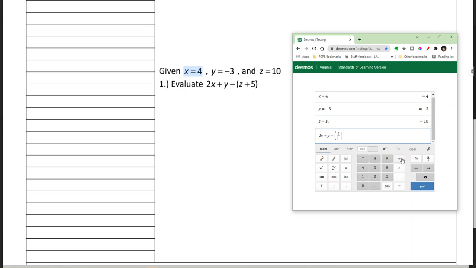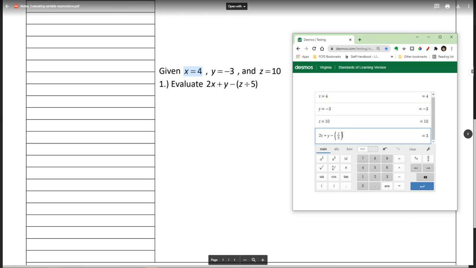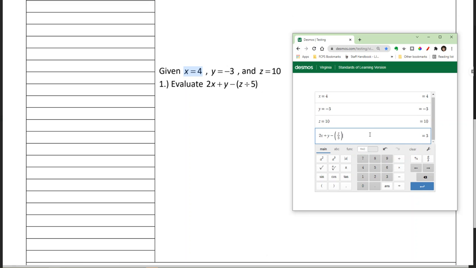Well, you'll notice when I click on the divided by symbol, it puts it in the bottom. Okay? And that's okay. You can have it put in the bottom like this. And that's fine. Z divided by 5 is the correct amount. Right? And that gives us 3. Or, if you're a little uncomfortable with the fraction bar, you can do 2x plus y minus, and then in